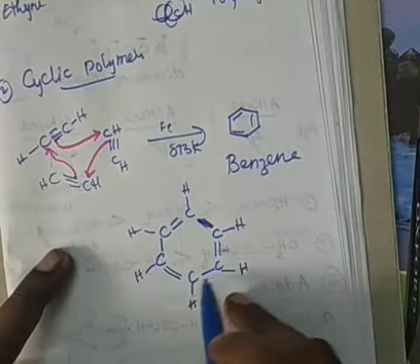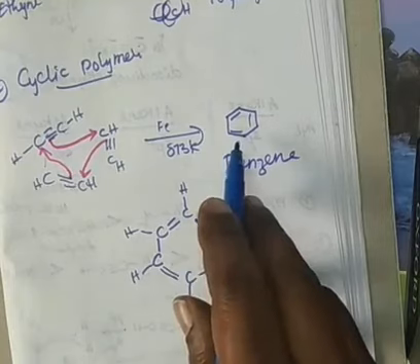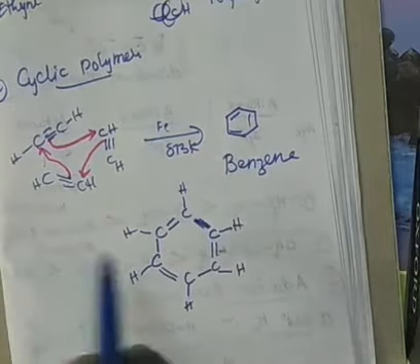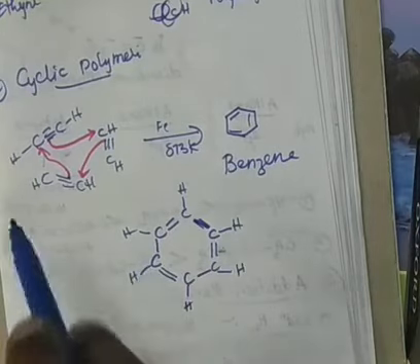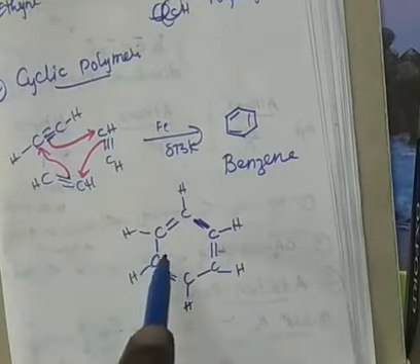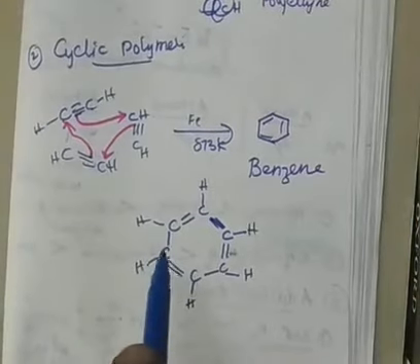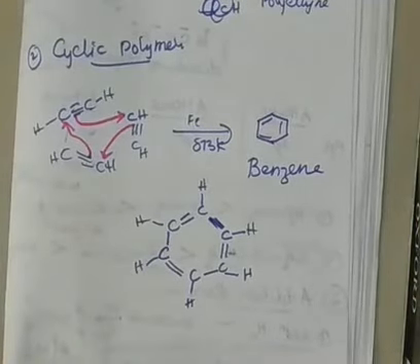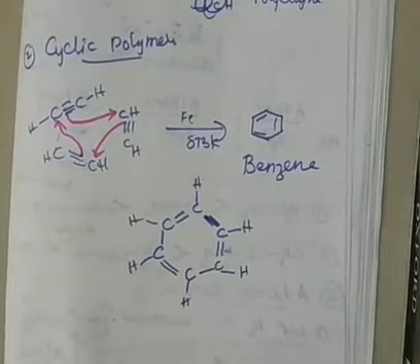Instead of showing these bonds and atoms, we will represent benzene like this. So this reaction we will repeat again in aromatic hydrocarbons, in the preparation of benzene. It's the best method for the preparation of benzene. So the same reaction repeats in the preparation. Here are the reactions of alkynes. There we will learn the preparations of aromatic hydrocarbons. Okay, so these are the addition and acidic character of alkynes.